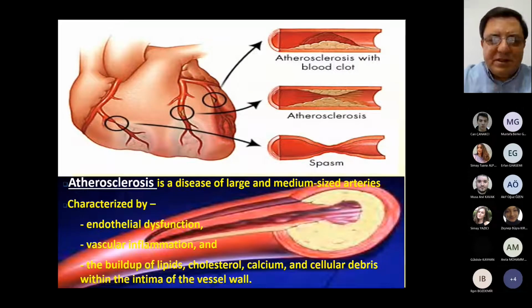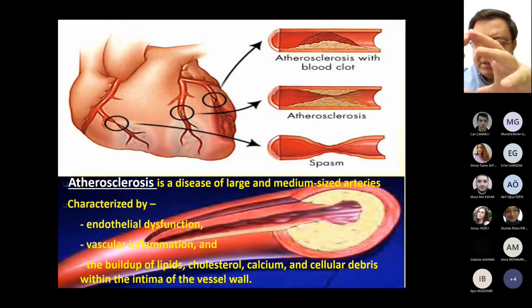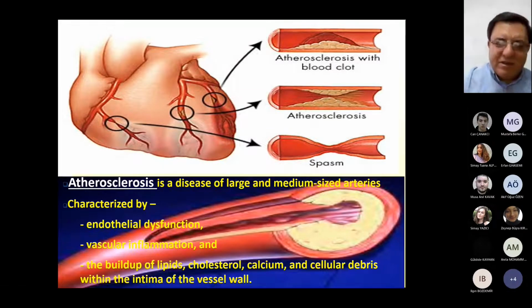First of all, atherosclerosis is a disease of large and medium-sized arteries, especially the aorta, the largest vessel in our body. And it is characterized by pathological processes like endothelial dysfunction and vascular inflammation, and accumulation of lipids, cholesterol, calcium, and cellular debris residues within the intima of the vessel wall. And